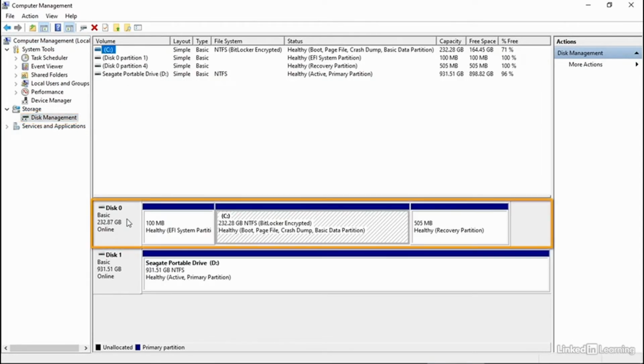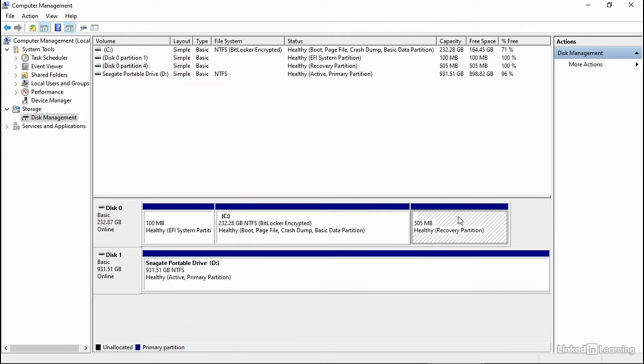Here you see Disk 0. This is the PC's primary storage device, and it shows 3 partitions. The first partition is EFI, which stores the boot configuration program. Next comes Drive C, which is Windows' primary storage media, holding Windows, your programs, and all your files and folders. And finally, the recovery partition is accessed through the Windows Recovery menu, a special startup screen that helps troubleshoot and